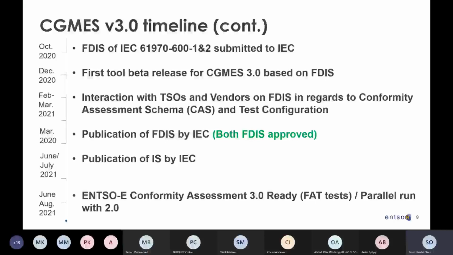And in the beginning of December, we started to have our first beta versions of tools that support the CGMS and building up the conformity assessment. In parallel, we have now published the FDIS, and they are all being approved and are now in the process of being published.